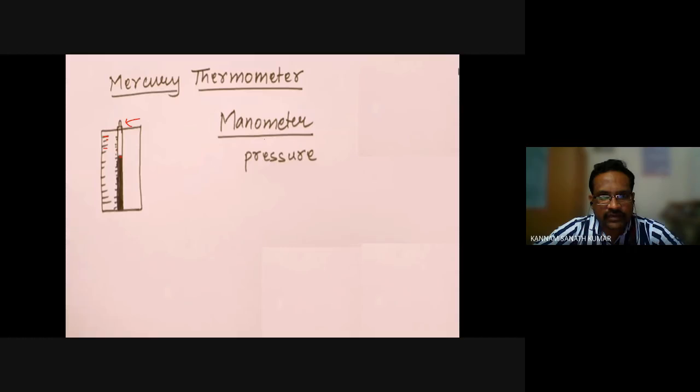Another example is a manometer. The input for the manometer is pressure. Whatever pressure is coming is a non-electrical quantity that is given to the manometer. Pressure we can't measure directly, so it is given to the manometer. The manometer will convert the pressure into